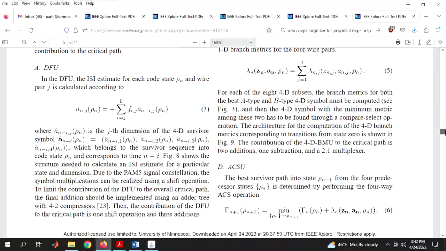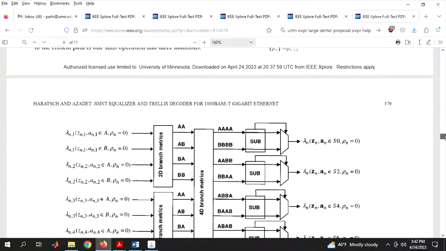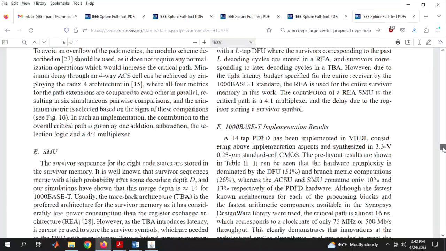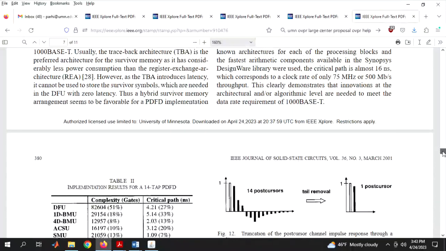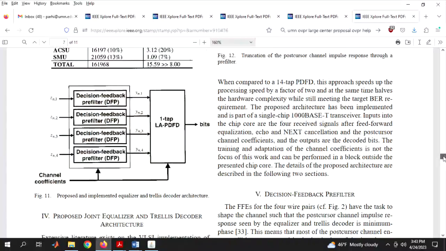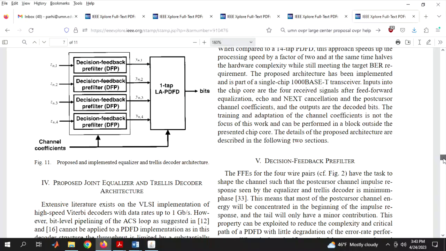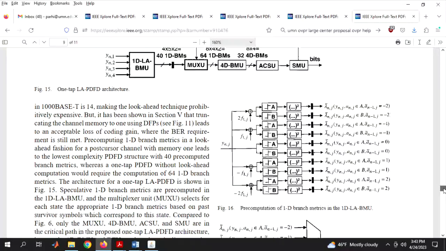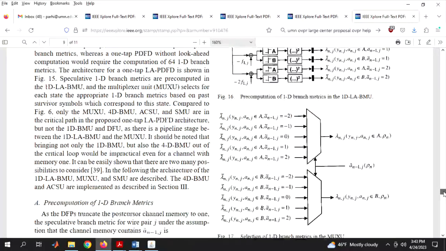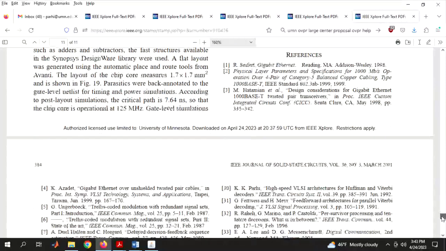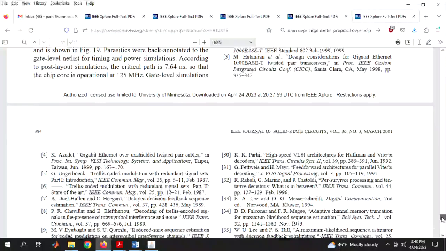gigabit Ethernets, because 125 megabaud means they had to have an 8 nanosecond clock that can perform all of these. And let me tell you, most of the smartest engineers couldn't do that, and a lot of companies were pushed out of business after spending a lot of time, because they couldn't. You had to use that idea of DFE pipelining just to push out all those. You can see all those operations being computed here are computed outside the feedback loop, and that's how they were able to achieve